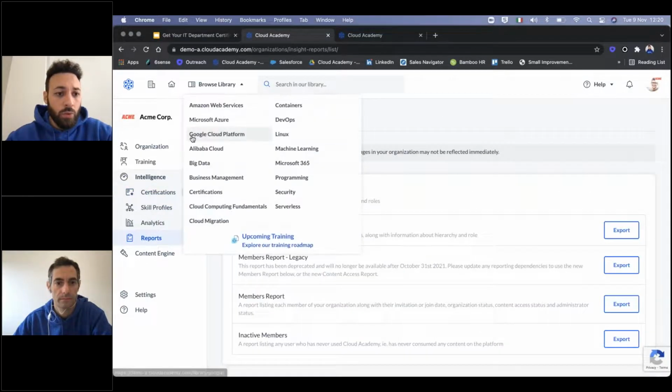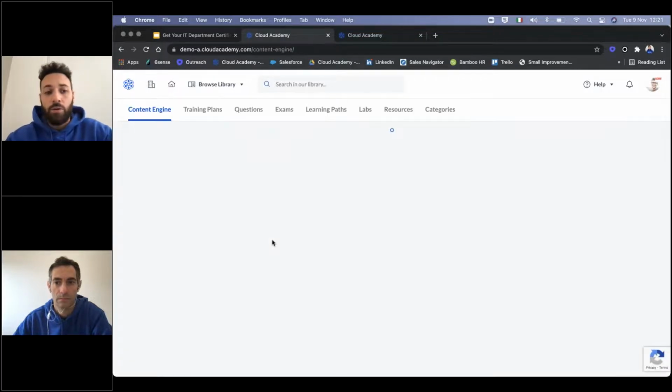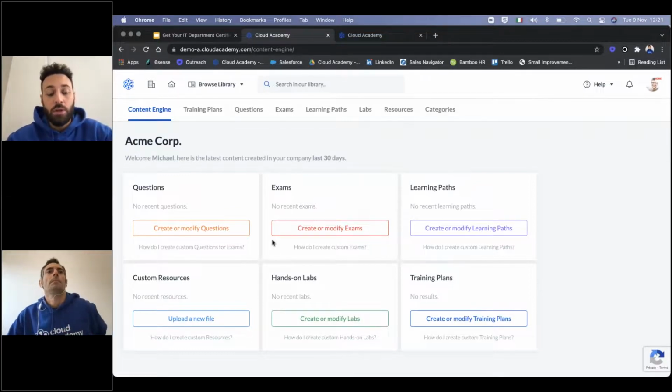Finally, I want to show the content engine. As Max said, the content engine is basically the feature that we offer to enterprise customers of Cloud Academy to customize each content that we are now offering in our training library, or for sure to upload your own contents. So in case you decide, for example, to use Cloud Academy not only with our training library, with our contents, you can use it also for creating, for example, onboarding processes or onboarding training.